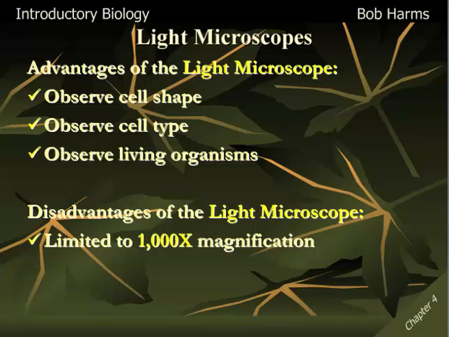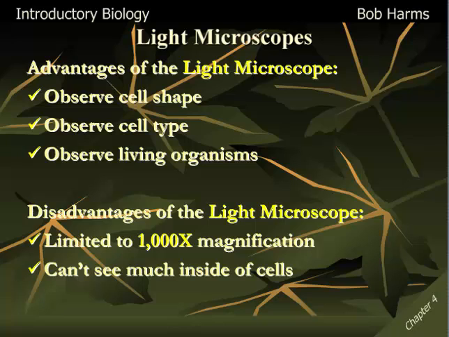We can't focus it anymore, and so that's a very fixed limit. And that limit again allows us to see cell shape and type and so forth, but it doesn't allow us to see inside of cells very much. And so using the light microscope we can see the nucleus, we can see a couple other pieces of the cell, but most of what's inside of the cell has remained a mystery until our next tool came along,